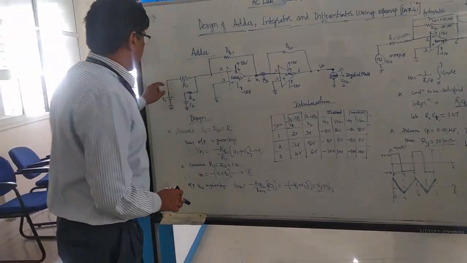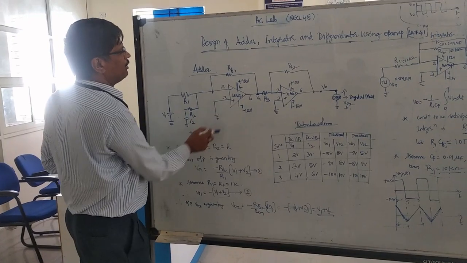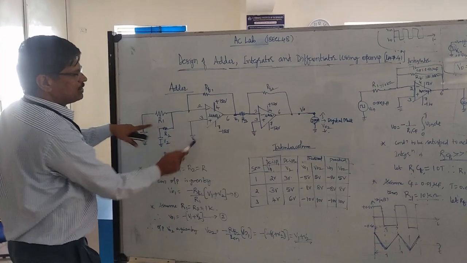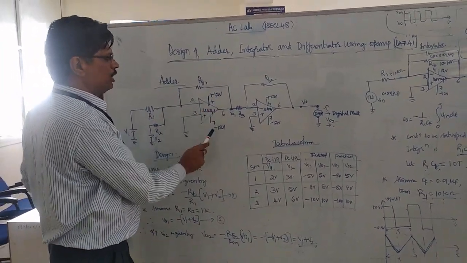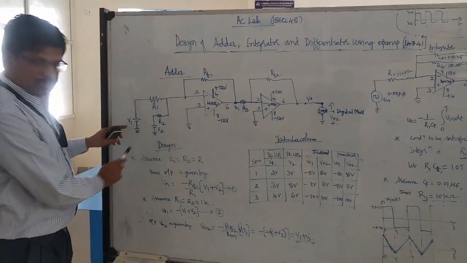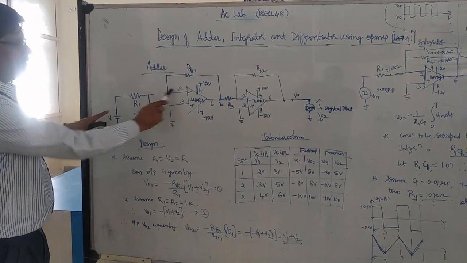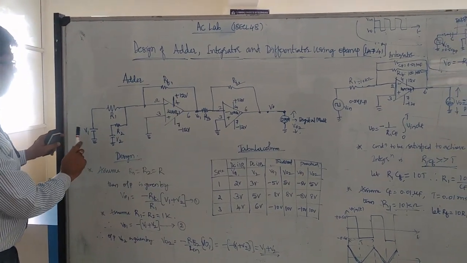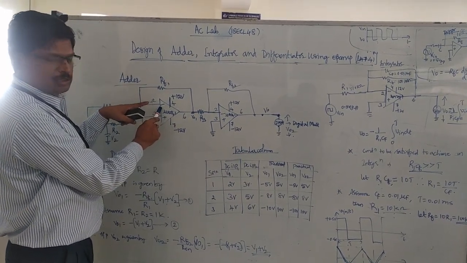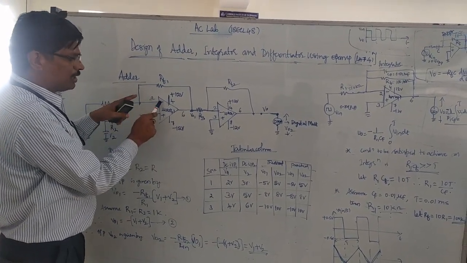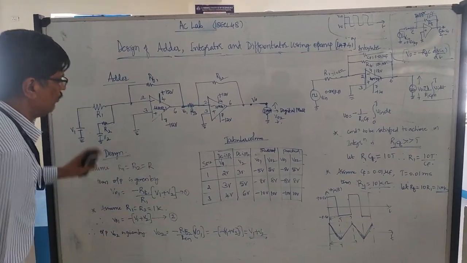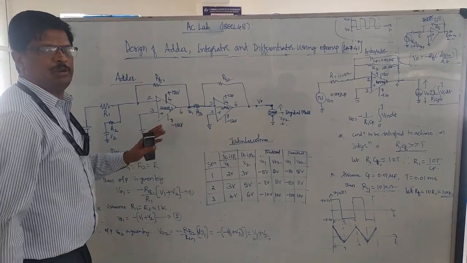Now the circuit is like this. For example, V1, V2, op-amp 741. We are giving inputs at terminal 2, the inverting terminal. Terminal 3 is non-inverting. Pins 4 and 7 are plus 12 and minus 12. Pin 6 is the output, V01. R1 and R2 are connected here, and V1 and V2 are connected as inputs. This we have to add. For example, if you give 2 plus 3 as input, since you are giving input at the inverting terminal, you will get minus of V1 plus V2. For 2 plus 3, you get minus 5 volts.